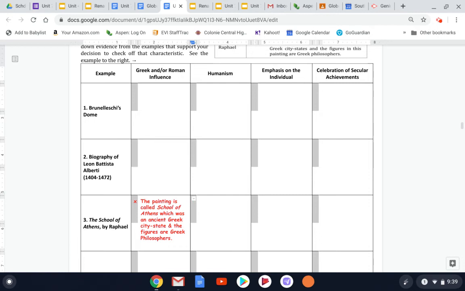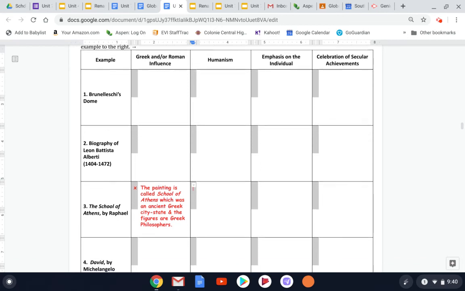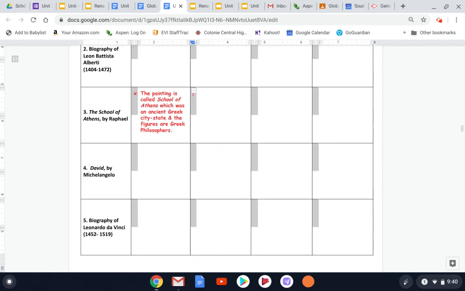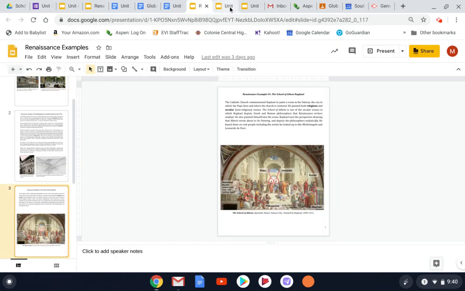So these are the 2 tasks that I want you guys to do when you are completing this table. Simply putting a little check up here for any of the characteristics as you go across each example, and then just writing a very short, quick little explanation of why you put it in that category. It's a little bit like our Golden Age activities that we did. All right, so I'm going to give you guys some time to do this on your own. I do want to also point out,